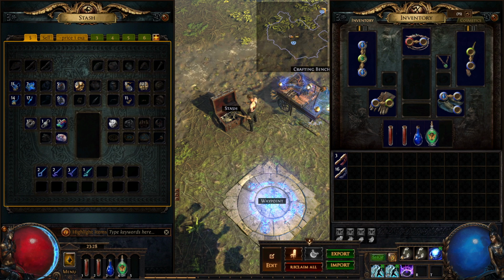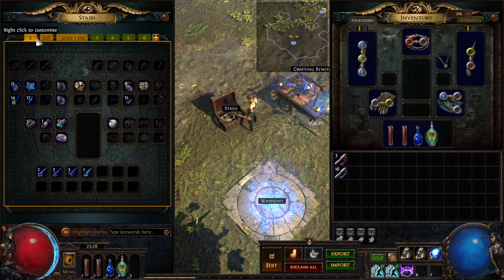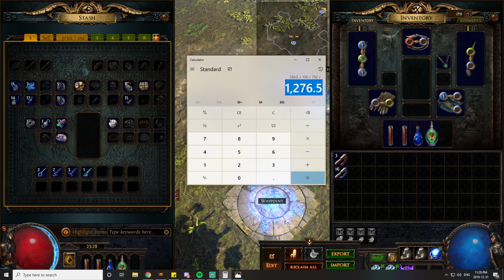So I did the math on this, and this amounts to basically 1,276 chaos for this in the sell tab here, and in the money tab here. None of this matters. So just this here and this here amounted to about 1,275 chaos. So it was pretty good, but that being said, this took about 6 hours to achieve because, like I said,